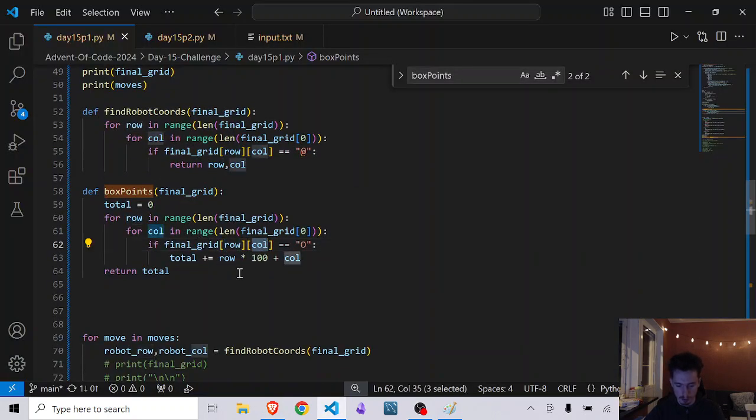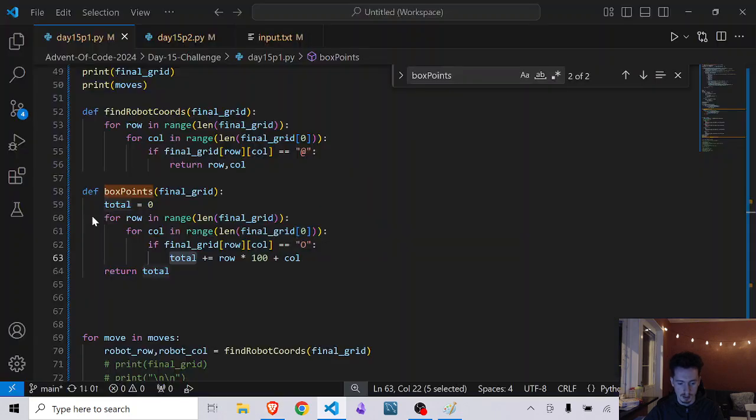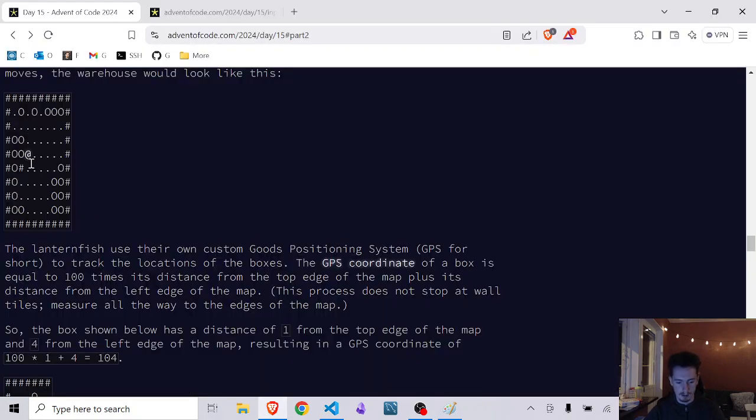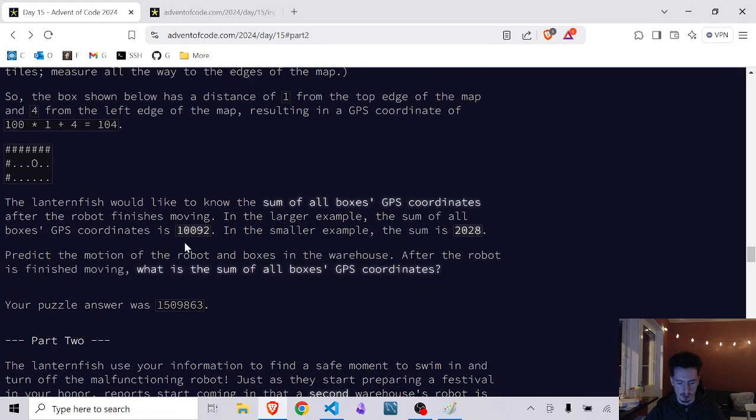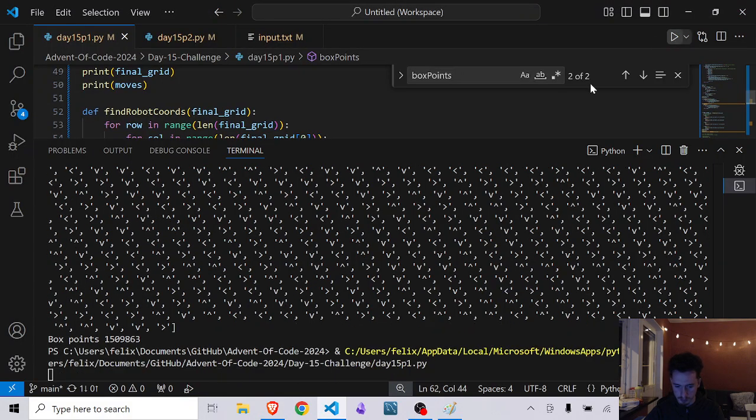I've gotten the row and the column. So we take whatever row it's at times 100 and then plus the column, and they want us to add that to the total, and we check that for every box. So that's why I iterate over every row and column to be able to find every single box that we find, and then add it to the total, and then we should get an answer. So it's 1,500,000 something. So if I run it,